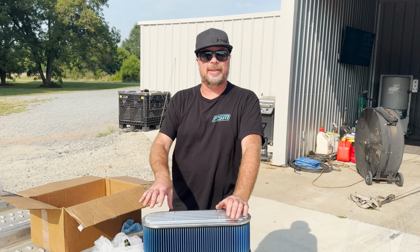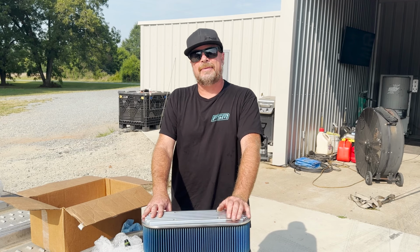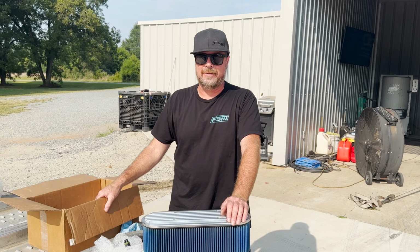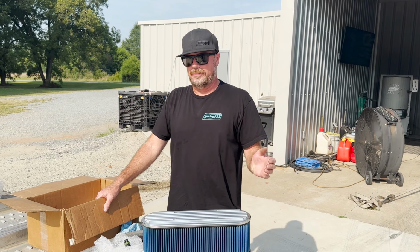I was not disappointed that it didn't make any power, because at that point I was sitting there thinking, do I have the wrong camshaft? Are my headers too small? Are we out of blower? These are all questions I had for them, none of which could be answered at the time. So a few months ago,